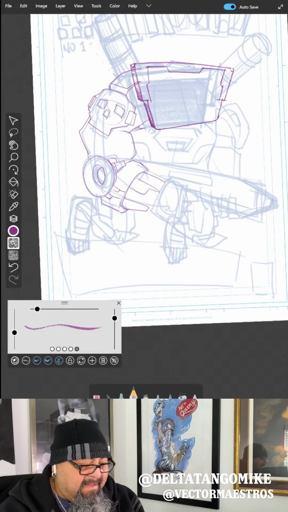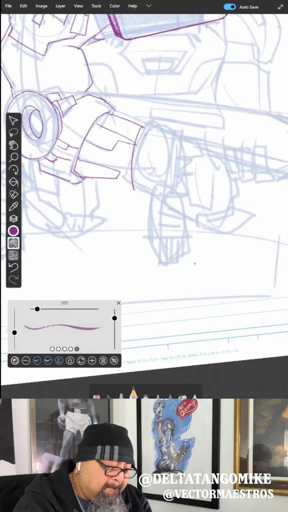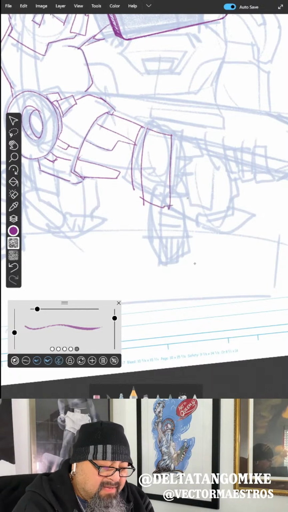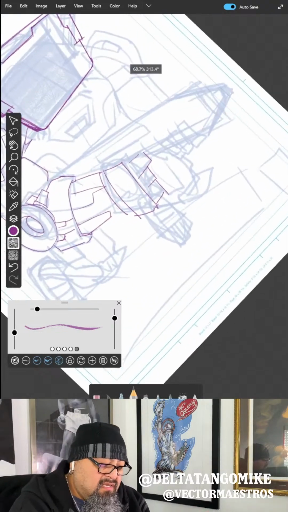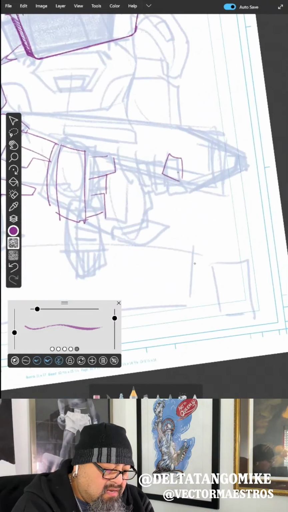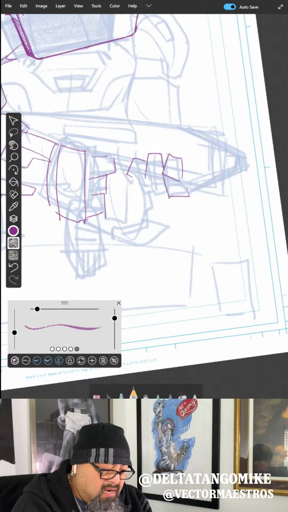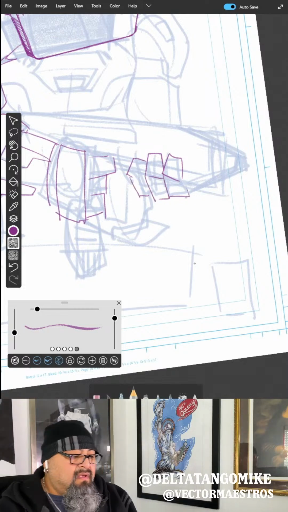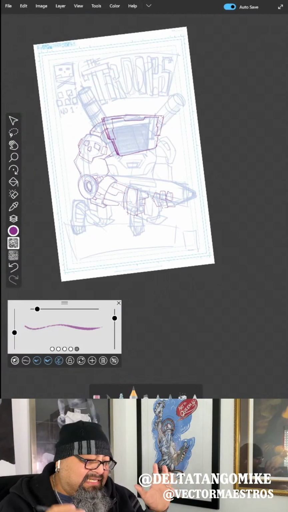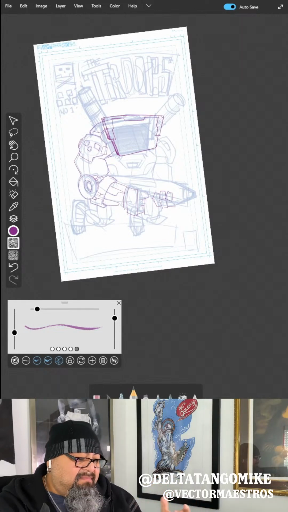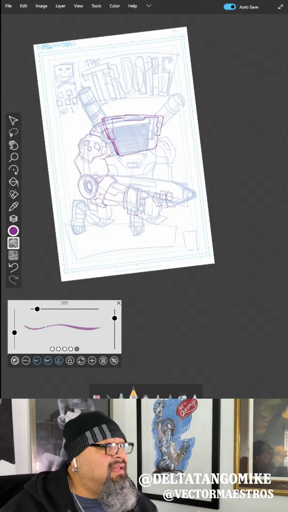Boom. Oh, yeah. And then do the hand, right? Fingers. He needs to have three fingers. Boom. Here it comes. And then this hand. Gotta have chunky fingers also. Yeah. Boom. Until I feel like I need to make him a little smaller because that weapon should be a little bit longer. You know what I mean?